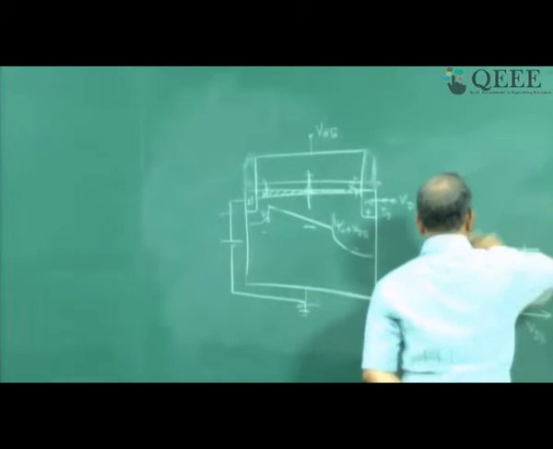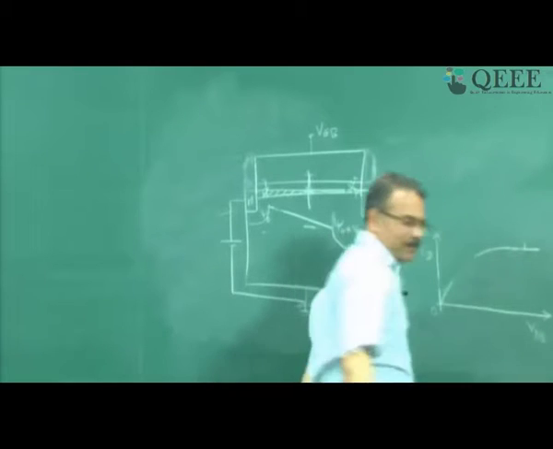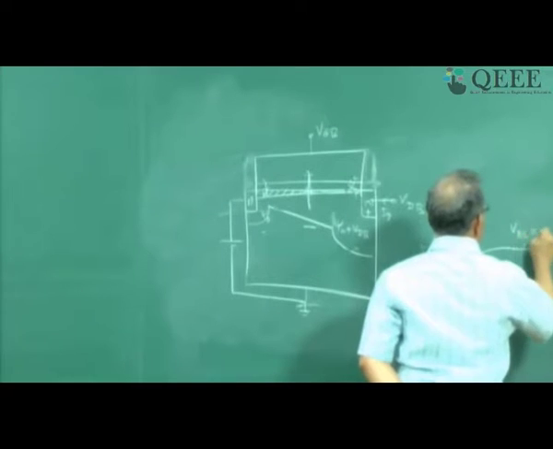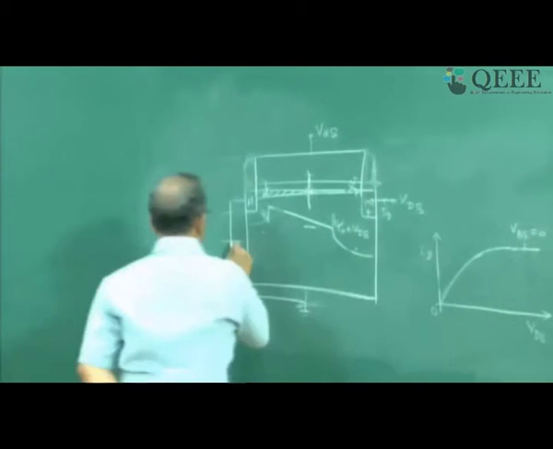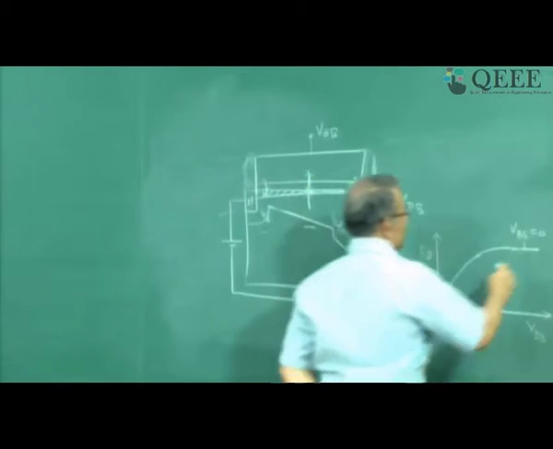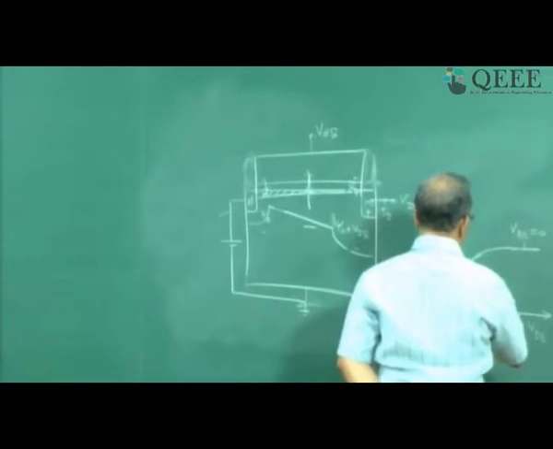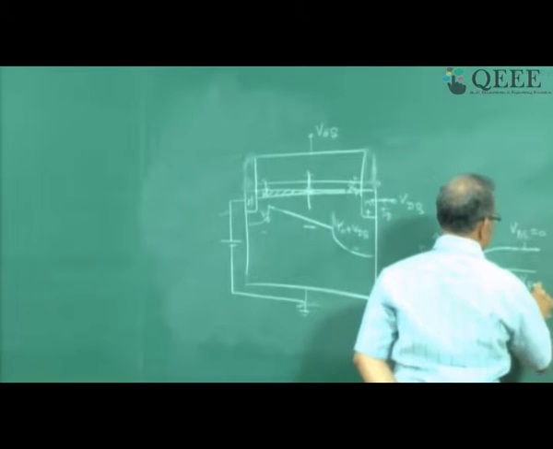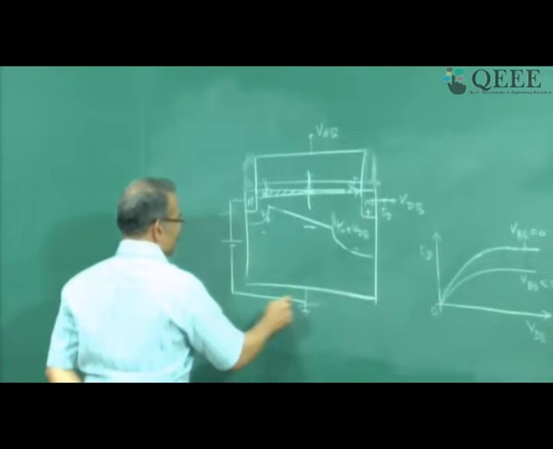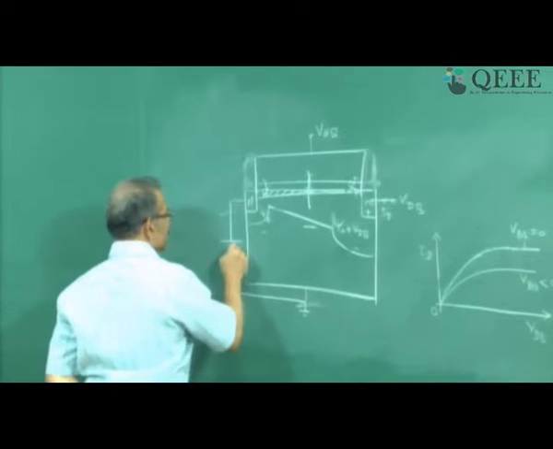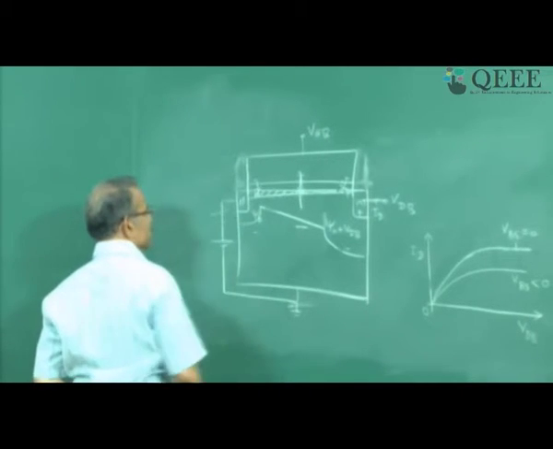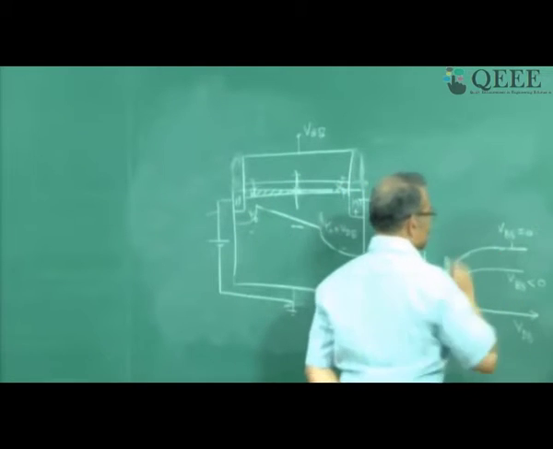or let us say this is the curve for VBS equal to 0. Then for this positive value of source voltage with respect to bulk, my current will be less and it will be like this. So this is VBS less than 0. So VBS is B with respect to S. There it is negative. Please note that. Source is positive with respect to bulk, but bulk is negative with respect to source. So VBS less than 0, your current is going to decrease.